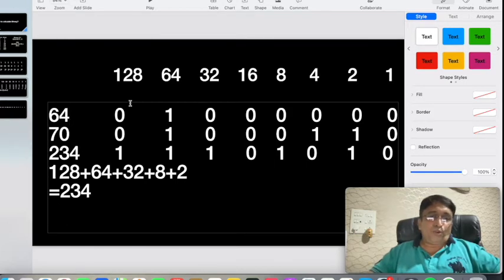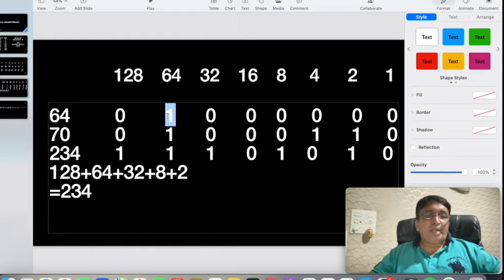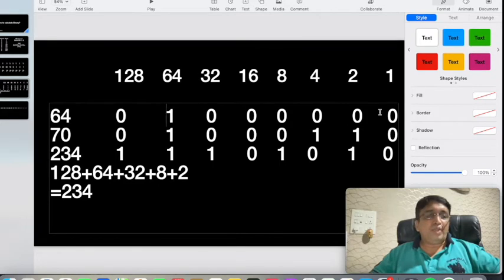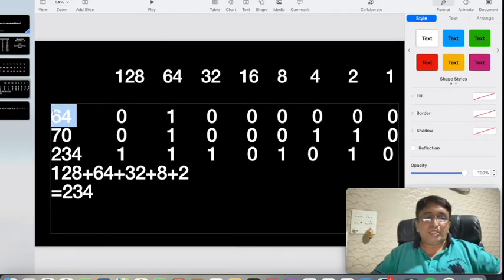So for the binary of 64, this position number 7 has the value of 64. So what I will do is switch on that bit, that is, I will keep that bit on. As I'm keeping that bit on, the value of that bit is 64. So 0, 1, 0, 0, 0, 0, 0, 0. This will be the binary of number 64. In short, what I'm trying to explain is to switch on those bits so that the addition of the bits should be this decimal number.